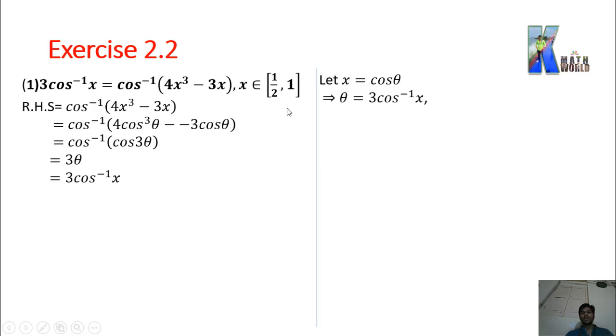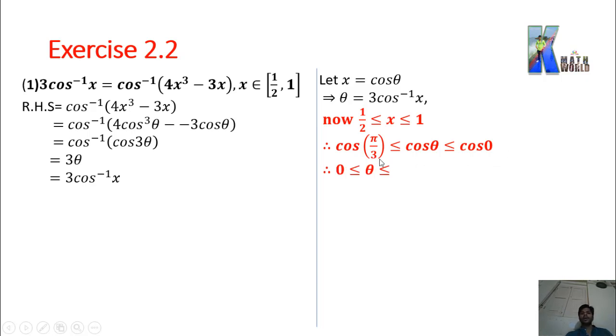Okay, if you want to check the condition, then in inequality format 1 by 2 less than or equal to x less than or equal to 1. Okay, what is your x? Cos. So write both these values in terms of cos. So you get here cos 60 is less than or equal to, here you get cos 0. Now as we discussed, here you can see 60 degrees is smaller than 0 degrees. Is it possible? No, no way possible. So write this inequality from the back side. So 0 less than or equal to theta less than or equal to 60. Okay, so here you can say the function is decreasing, that's why you get this.